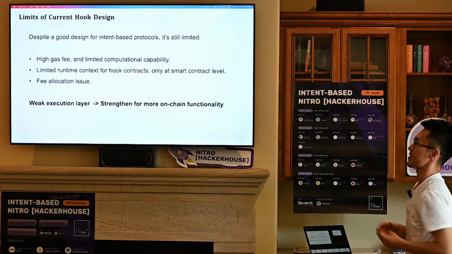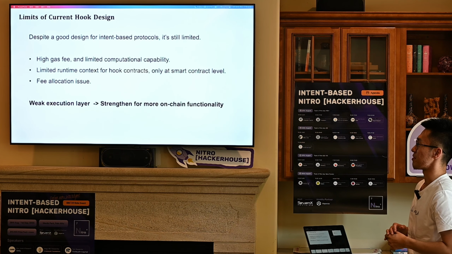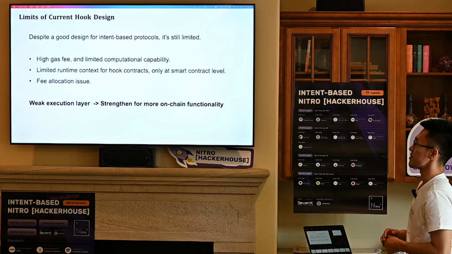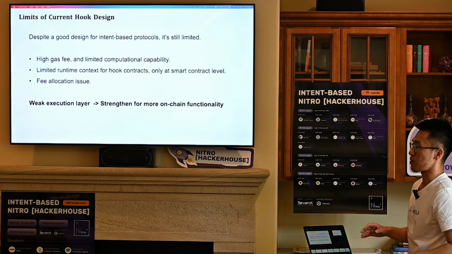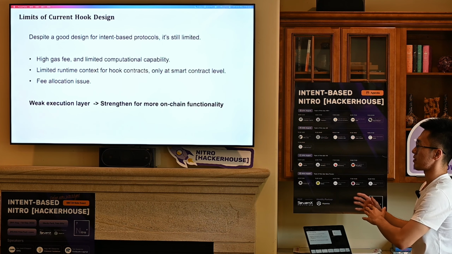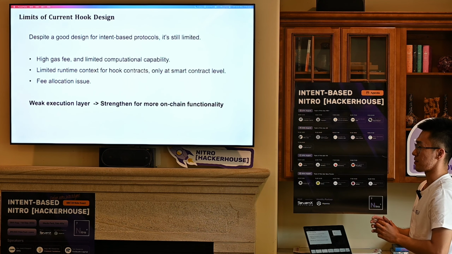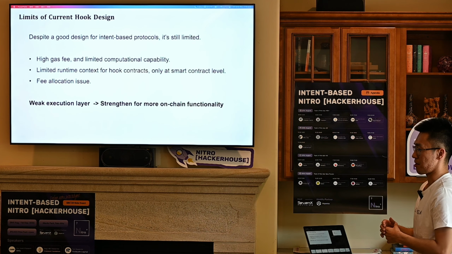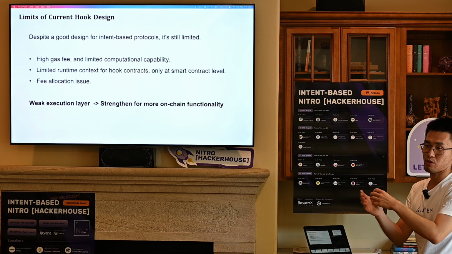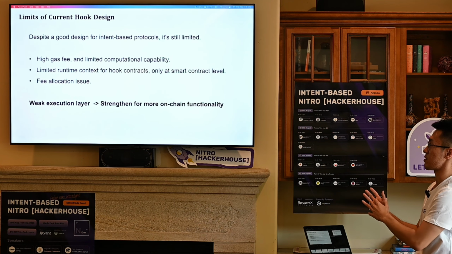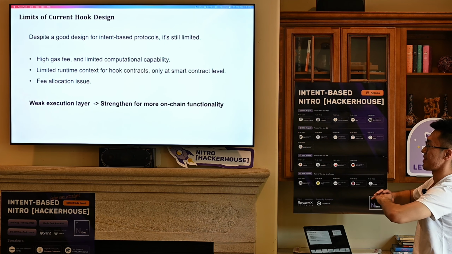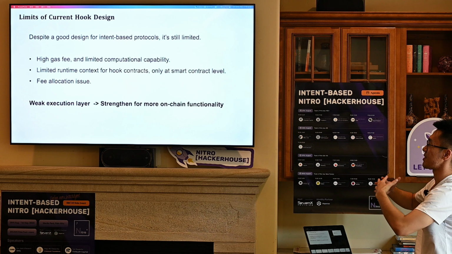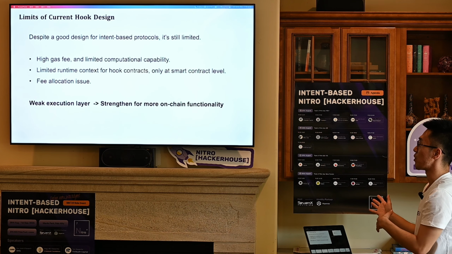I want to say there are 3 limits here. First, it is still running on Ethereum with high gas fees and limited computation capability. Second, because it's at the smart contract level, as a hook you only cover the transaction life cycle, so it's still a limited runtime context for the computing unit. Before or after smart contract execution there are still multiple stages, so there is much more runtime context than the smart contract itself. So it's limited. What we need is actually a blockchain-level